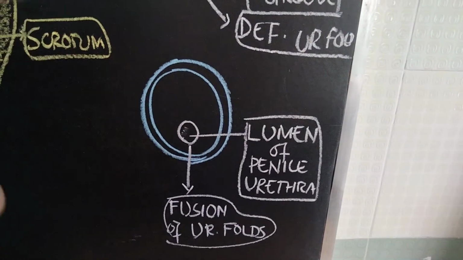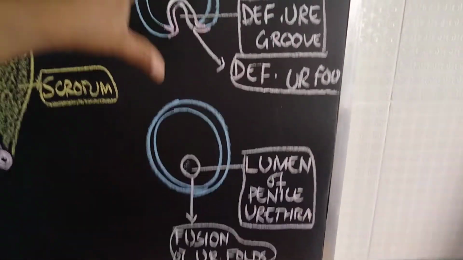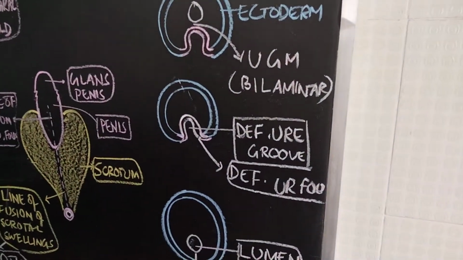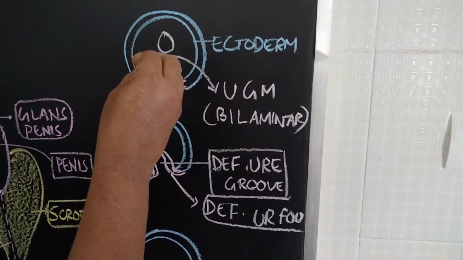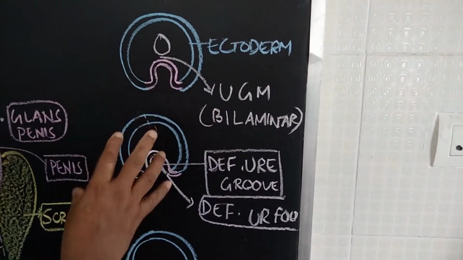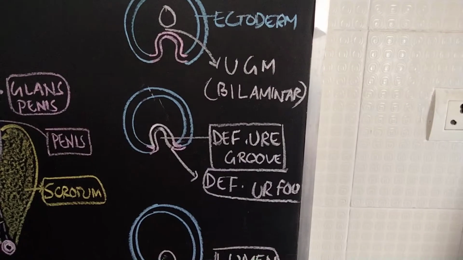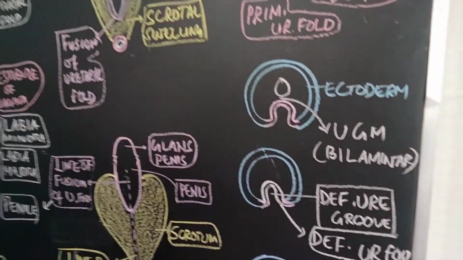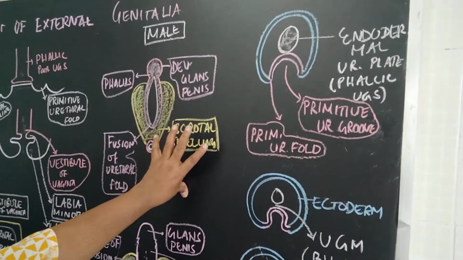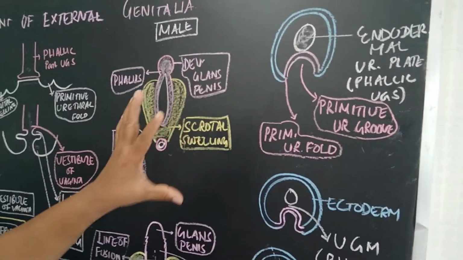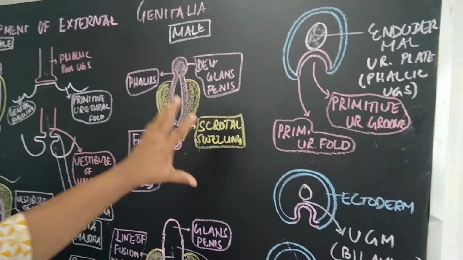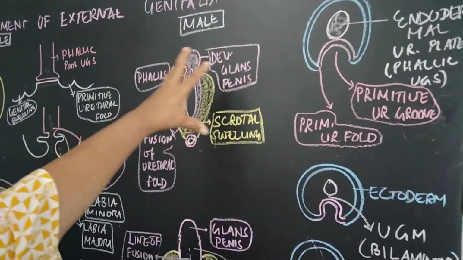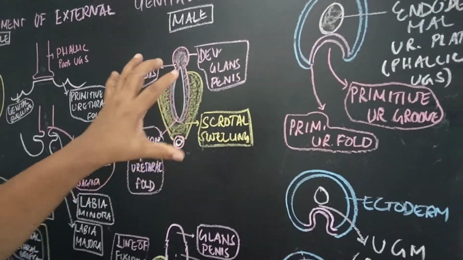This is how the male counterpart forms. In the last part, a part of the skin, the ectodermal part, comes for the opening of the urethral opening in case of male. So this is the comparison between the male part and the female part: under the effect of the estrogen in case of female part, and under the influence of testosterone and dihydrotestosterone, secreted by the Leydig cells of the developing gonad, and this change occurs in the presence of the Y chromosome.